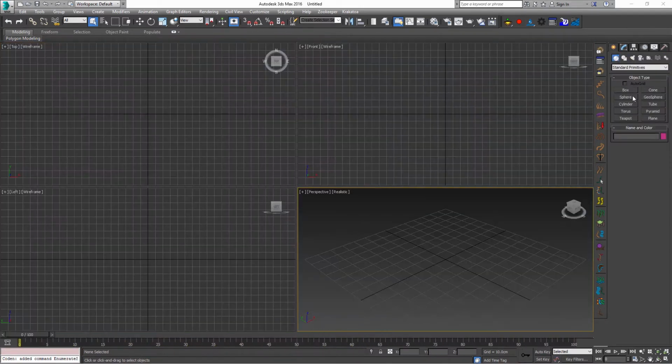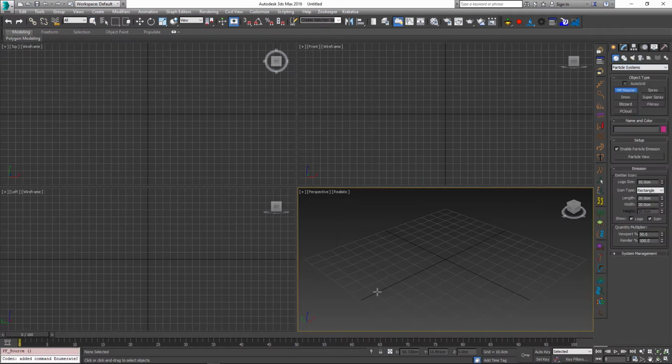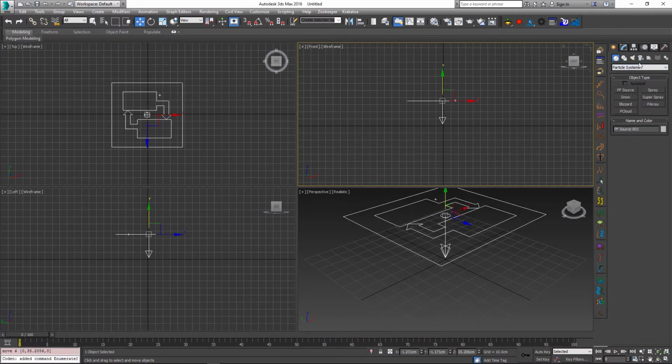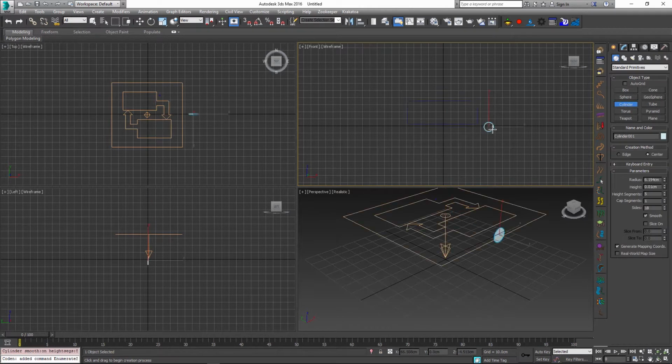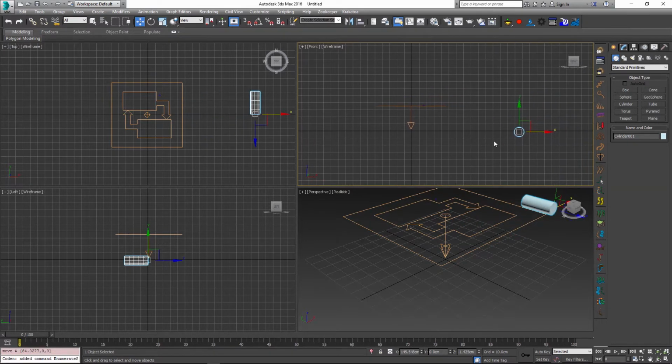So let's start with the first example, and I will do this one from scratch. So I'm going to go to particle systems and create a particle flow source, and then I will create a proxy geometry object. We will use this geometry object to represent each particle inside the particle flow, so it's going to be actually instanced by the particle system. I'm just going to create a quick little cylinder, and it's going to be somewhat small because we're going to have it for each particle, and I'm just going to move it aside a little bit so it doesn't interfere